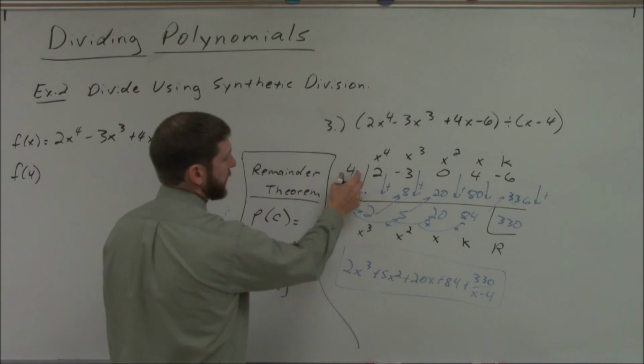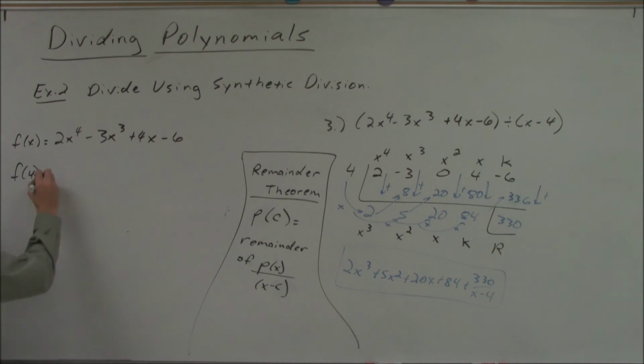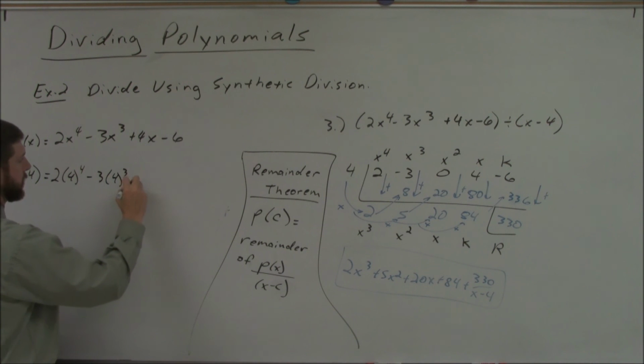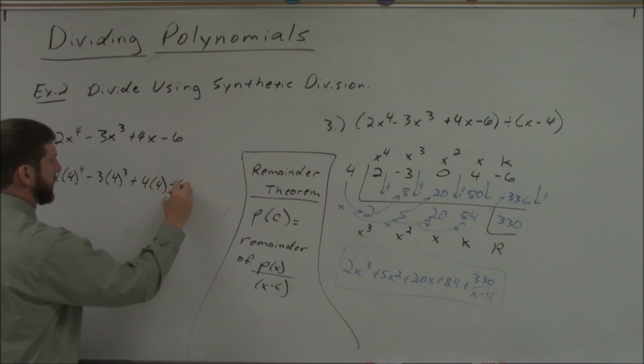We'll evaluate at that 4 that we divided by. So if I do 2 times 4 to the fourth minus 3 times 4 to the third plus 4 times 4 minus 6,